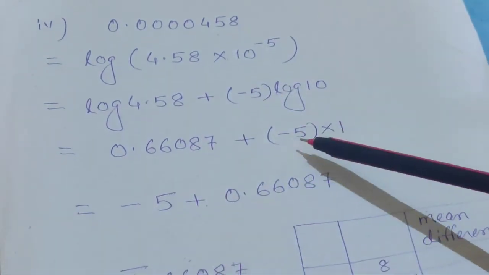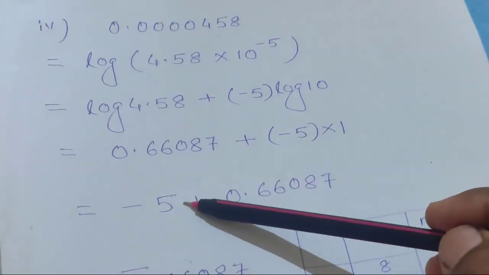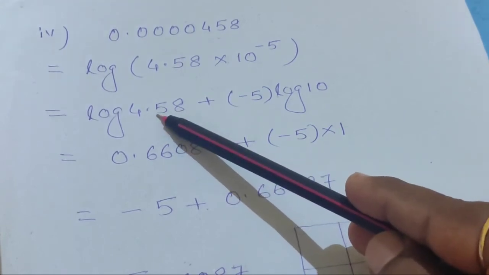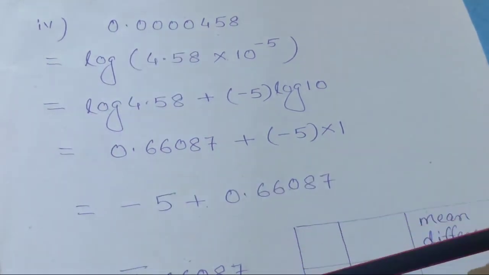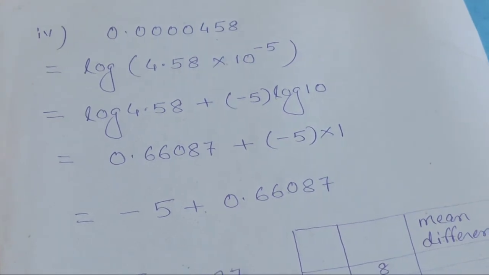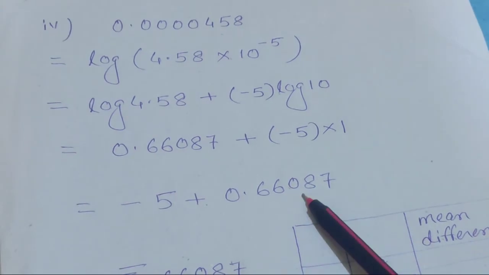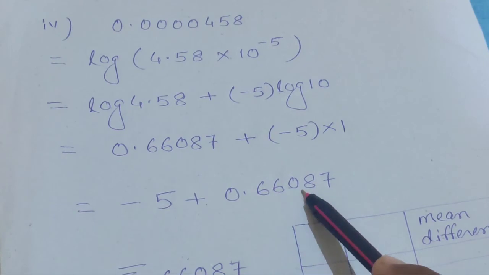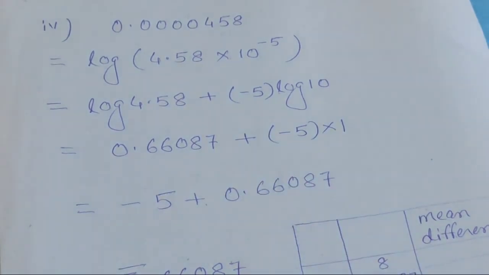So my characteristic here is what? Minus 5. Characteristic is minus 5, and then by using the log table, as I explained earlier, we can find the mantissa. So if I add these two, I will get the required answer. But if the answer comes in minus, we have to convert into bar if our mantissa is negative. But here since the mantissa is positive, our answer is 5 bar 0.66087. So this is the way we can do it if before the decimal there is no digit.